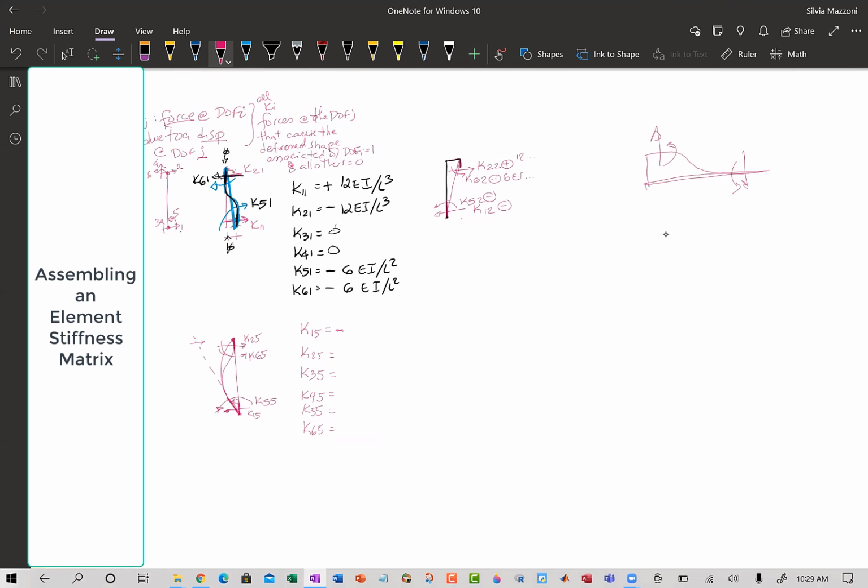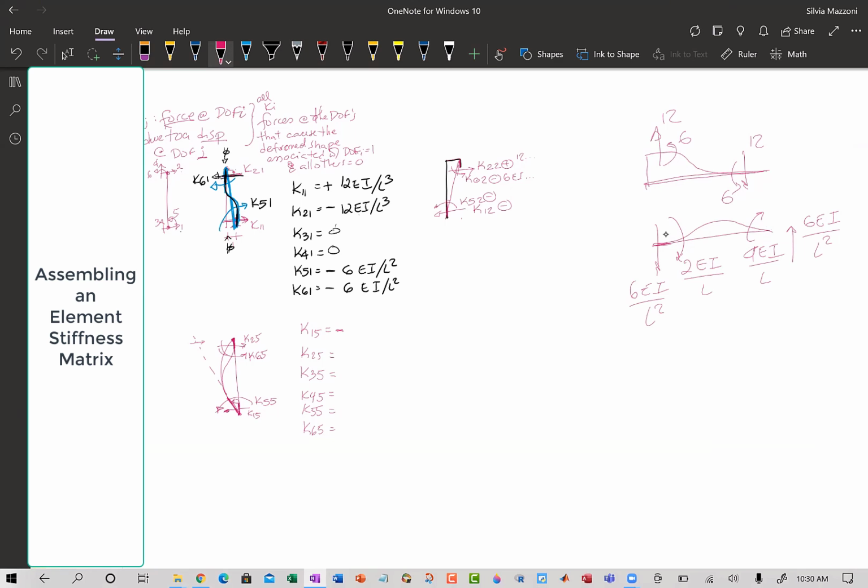these are the values that you want to know. So this is the 12, 6, 6, 12. And then the other one is, if you have this, it's 4 EI over L, 2 EI over L. I hate how this isn't 0. Okay. This is 0 rotation here. And then you've got a force of 6 EI over L squared and a force here of 6 EI over L squared. Okay. So this is like your cheat sheet. And this one even tells you what the sign of these